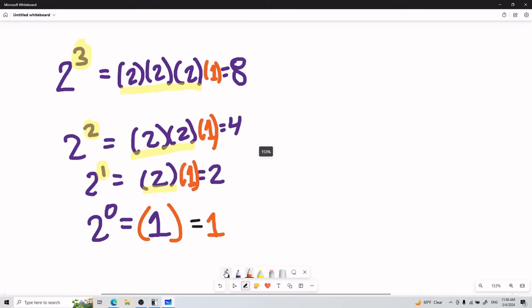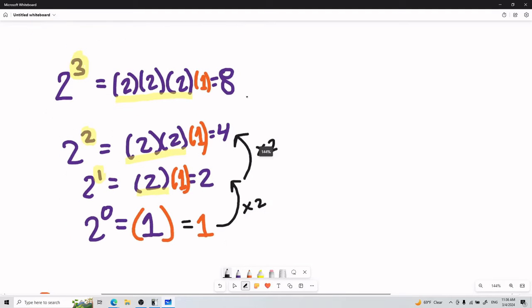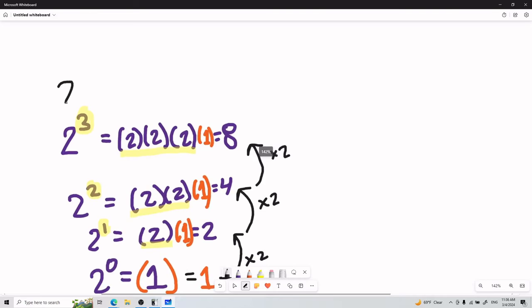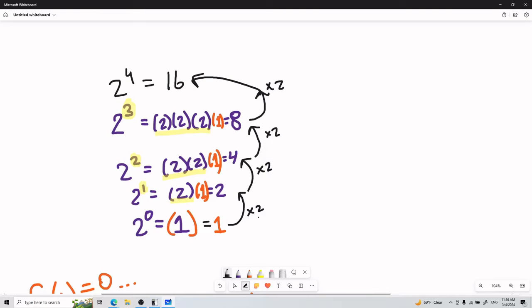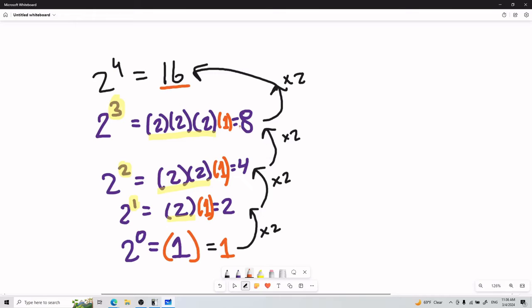The cooler way, in my opinion, is that to go from here to here, you do what? You do times 2. To go from here to here, you do what? You do times 2. To go from here to here, times 2. This is also useful if I ask for 2 to the power of 4. Well, you just do this times 2. It's going to give you 16. So why is this useful to know? What if I ask you to go backwards from 16 to 8? What do